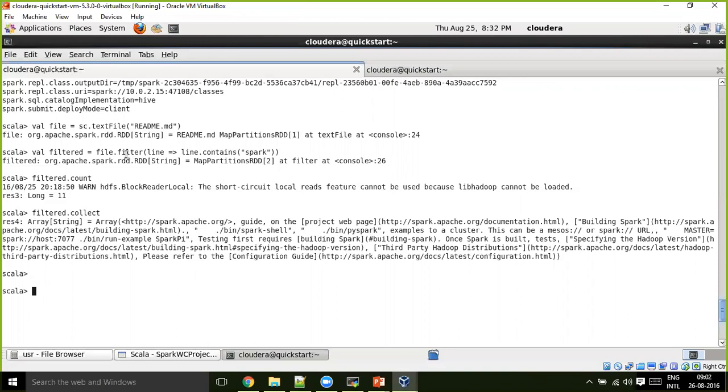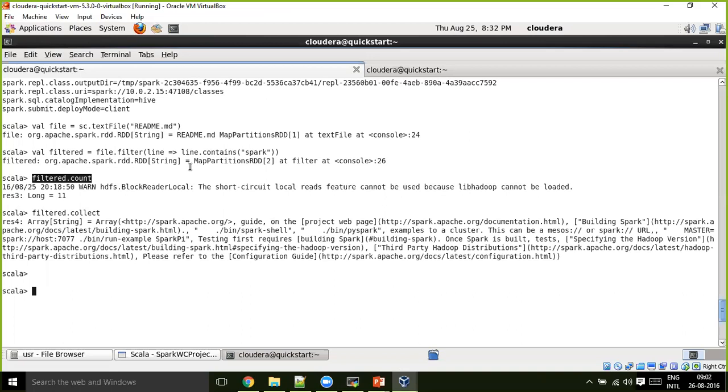When you apply a filter transformation, it also creates another RDD variable. But when I applied the count, then the block reader occurred; the short circuit local reads feature cannot be used, anyway. So whenever you apply an action on this, until then, all these statements will not get executed.